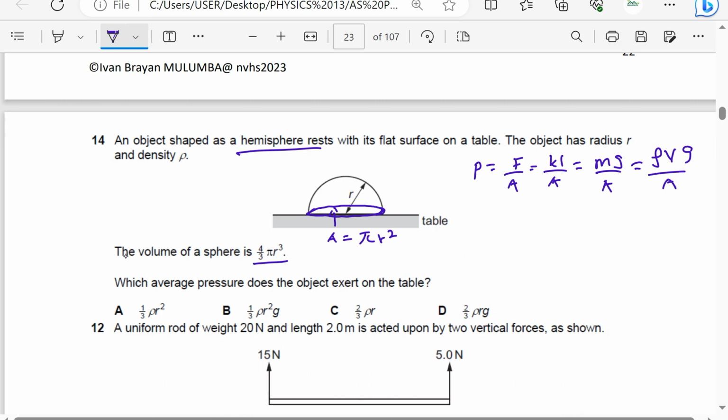The volume is 4/3 pi r cubed, so the pressure will be density times 4/3 pi r cubed times g divided by the area, which is pi r squared. So pi cancels out, r squared cancels with that, and I remain with